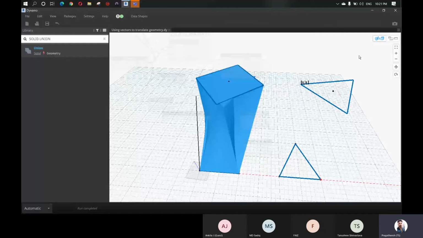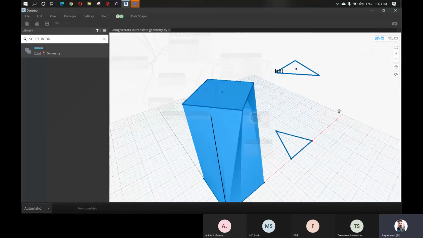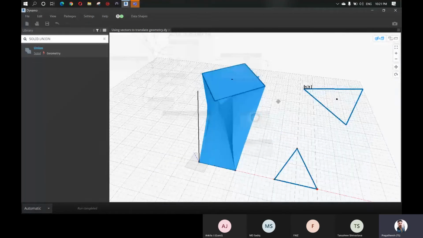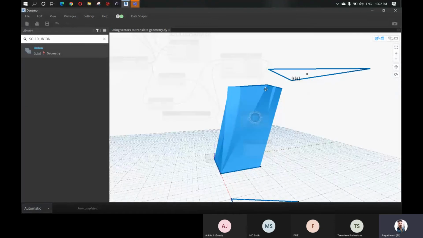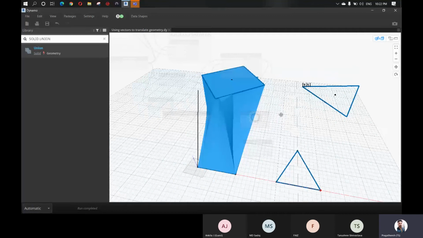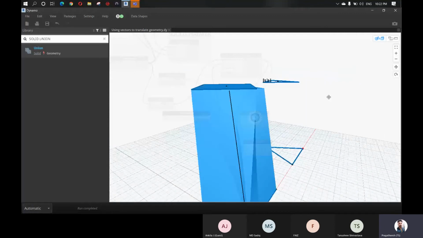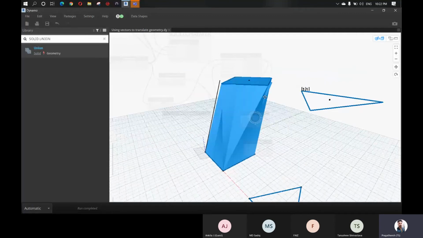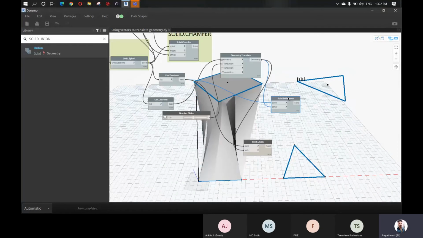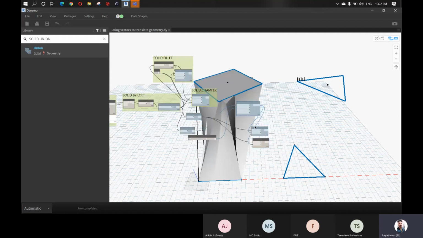Okay, so now what you're seeing here is a union of these two intersecting solids. Previously we subtracted the triangular 3D from the square, and we created a single solid. But now what you're seeing here is a union of these two 3D. So these are the two options: Solid.Difference to create a difference, and Solid.Union to unite two solids. So let's make a group of these items.